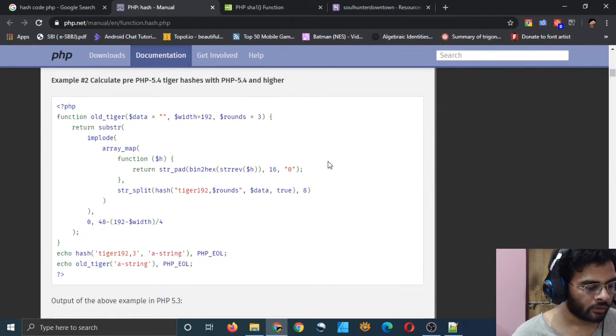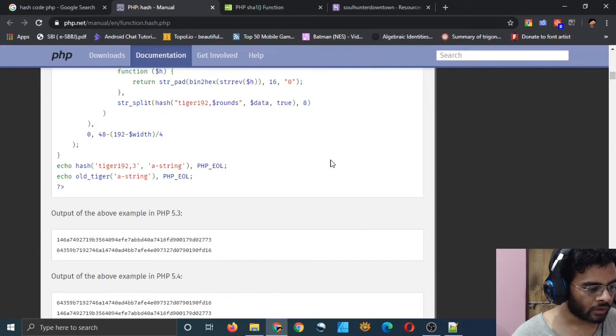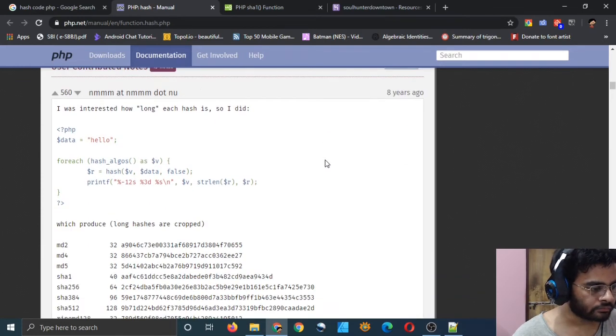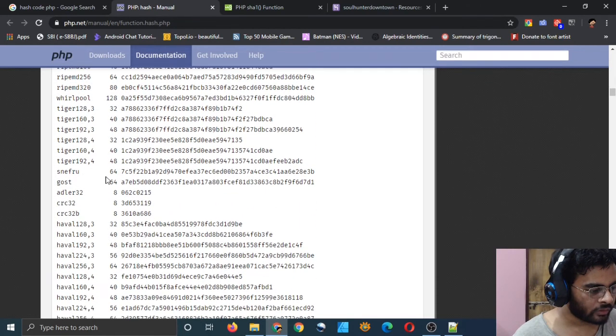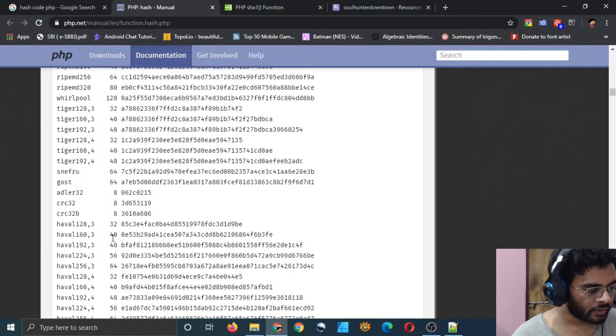So we'll be storing our values in hashed form, but I want to know how I can limit the number of characters. This person was interested in how long each hash is, and found that these hashing algorithms output the hashed form of plain text in this many characters.